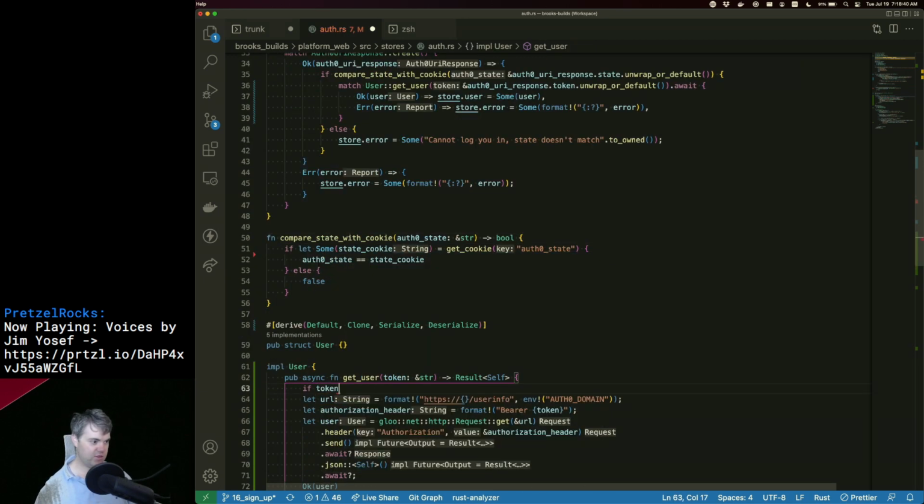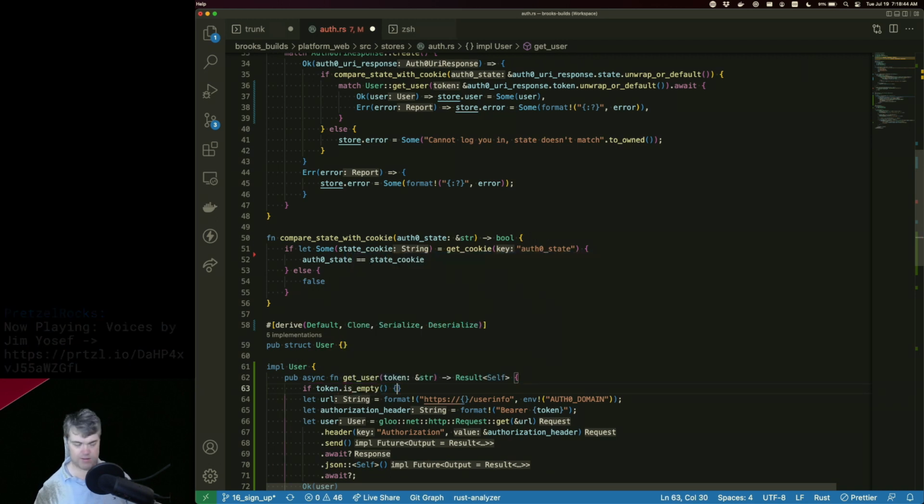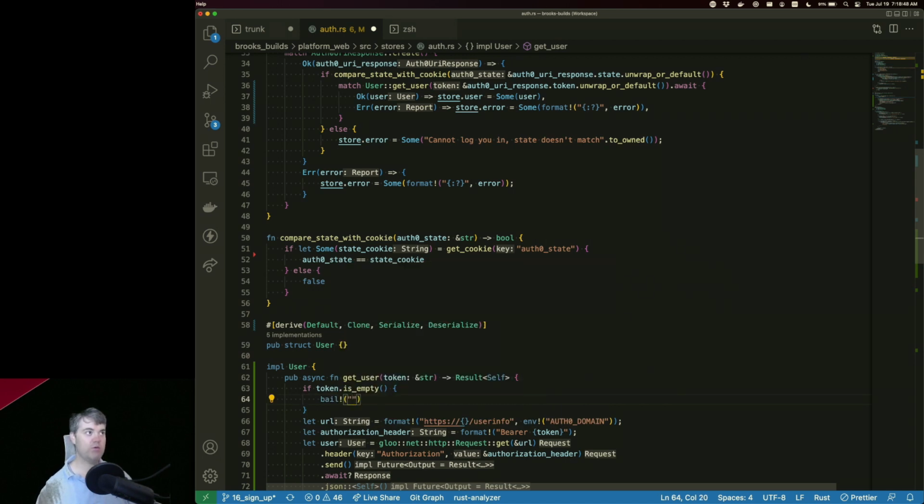So if token is empty, then I want to bail. And we're going to say token, access token missing or is invalid.